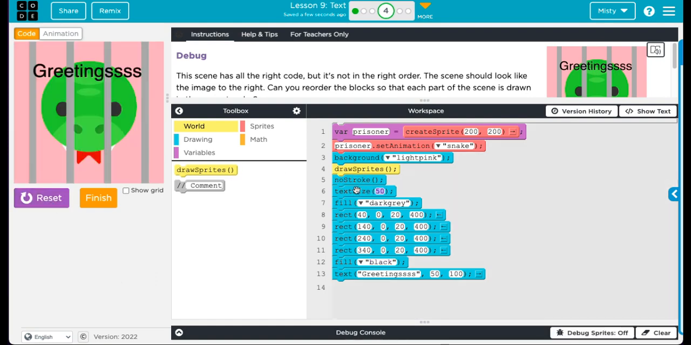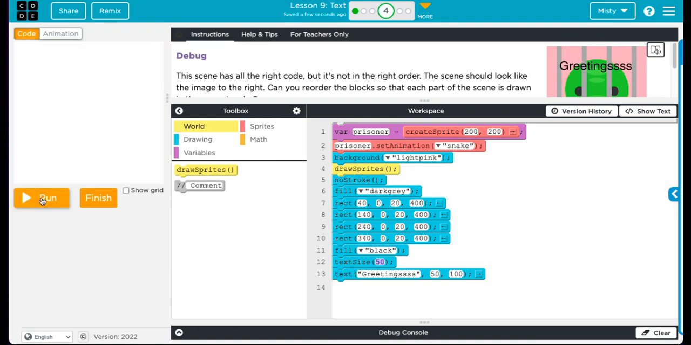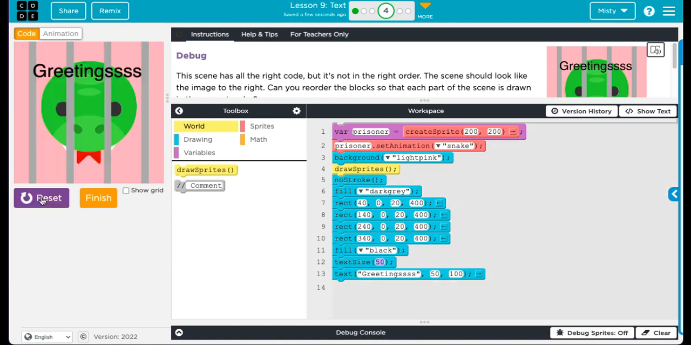The reason we wouldn't necessarily have to move the text size is because it's talking about text size. Text size is not going to affect a shape. It's just going to affect the text. So if you wanted to, just for good measure, you could move it down there. It's not going to change anything because it's still just going to affect the text. The no stroke, we want it to affect the text also. So there's more than one right way